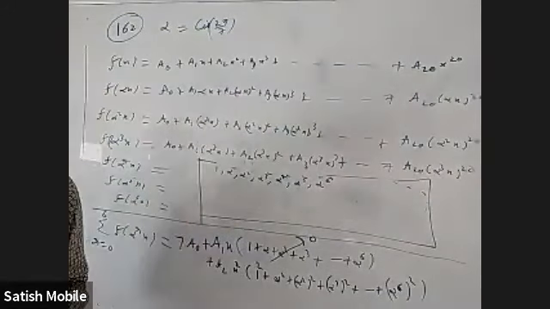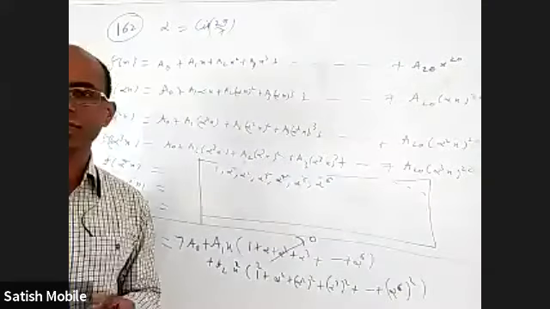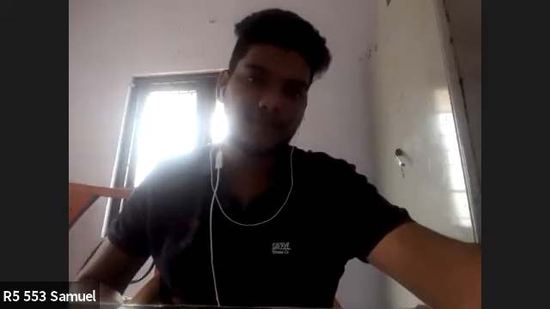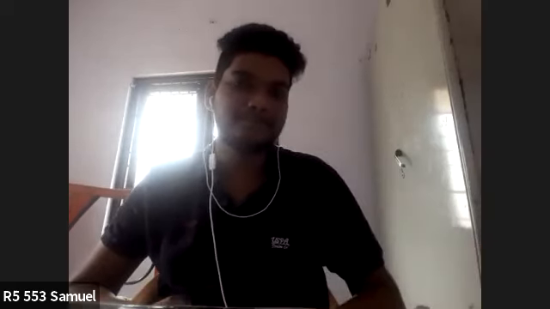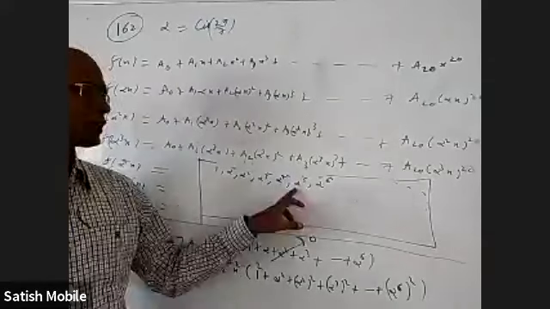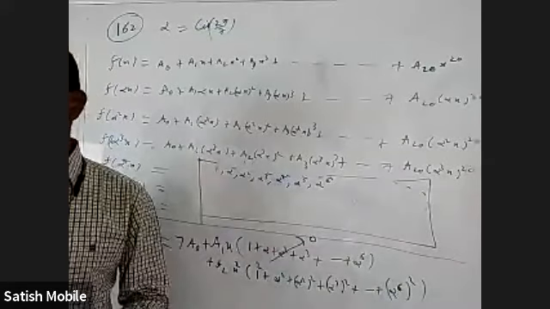When I take power 7 here, what is alpha power 7? We are talking about 7th roots of unity. Alpha power 7 will be 1. What is alpha square power 7? 1. Alpha cube power 7? 1. If everything is 1, 1 plus 1 plus 1 plus 1 plus 1, how can it be 0? Rather, it is 7 itself.